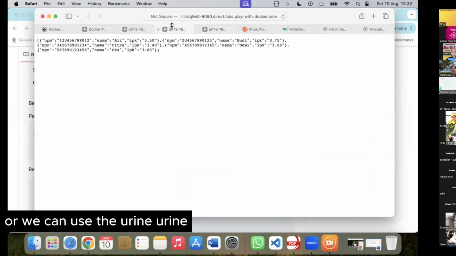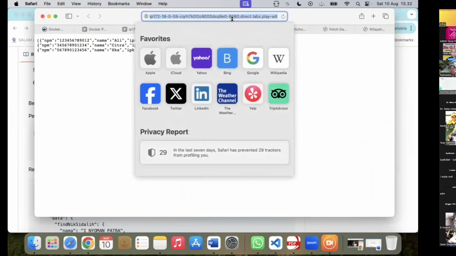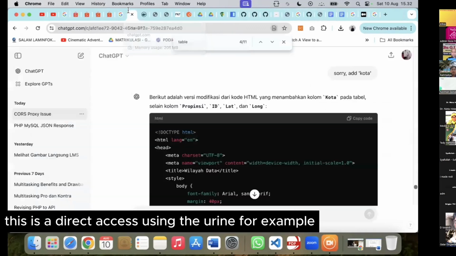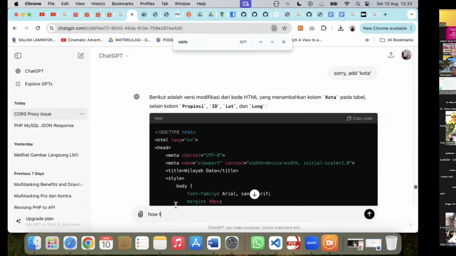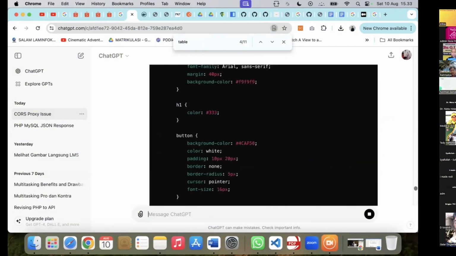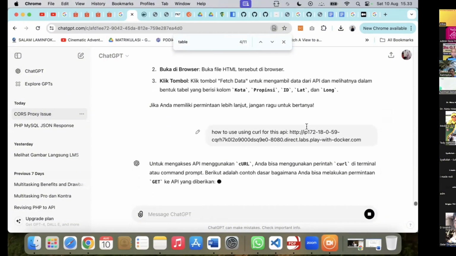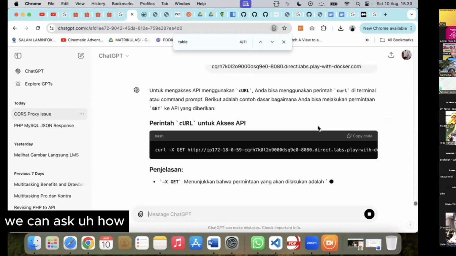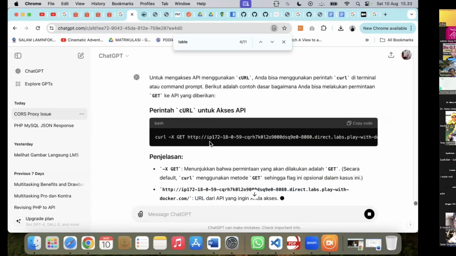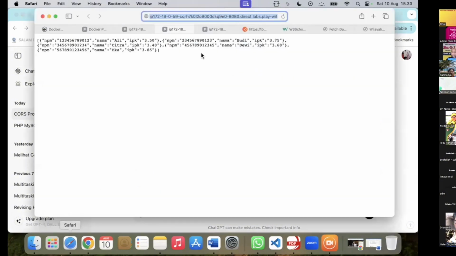Or we can use curl directly. For example, this is the direct access using curl. Here we can ask how to use CURL for this API.